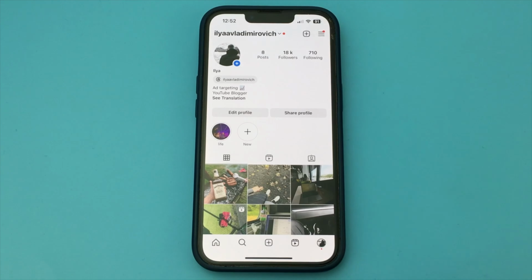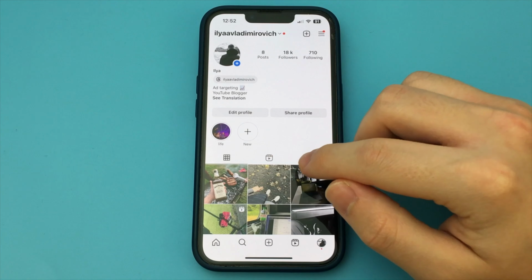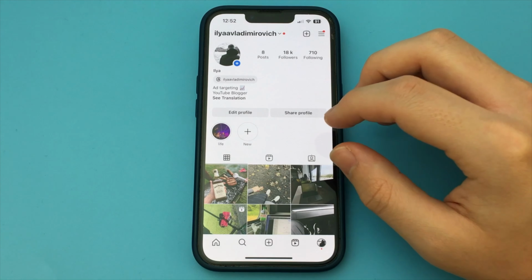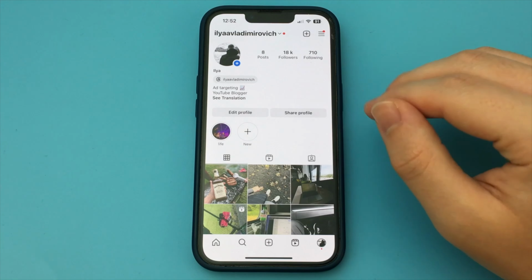In this short video, I want to show you and tell you how to hide your post on Instagram. I will tell you how to make your publication not be visible and no one can repost it. All information about the publication will be saved only for you. The likes and comments will be saved.